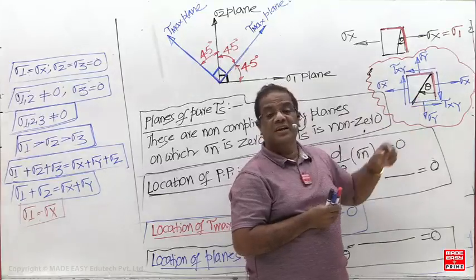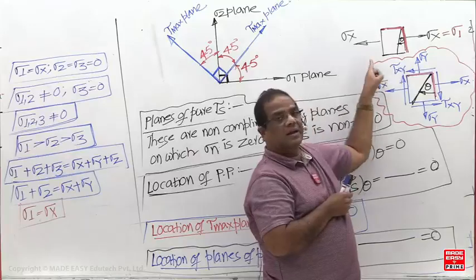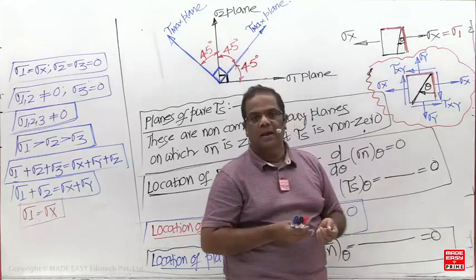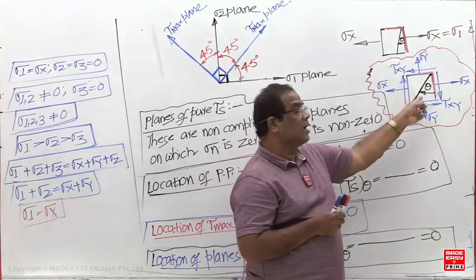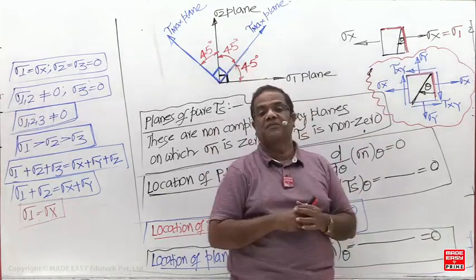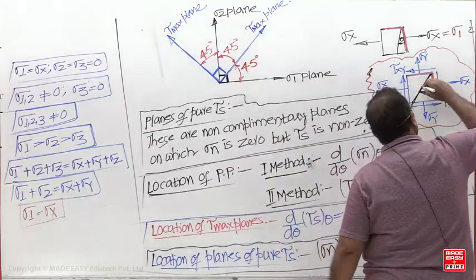Yesterday you derived the equation for sigma n and tau s for that case. Similarly you have to derive it for this black color plane, the oblique plane. Once again on this one there is a normal stress and one shear stress. Now you have to derive the equation for sigma n and tau s. On this plane one normal stress,